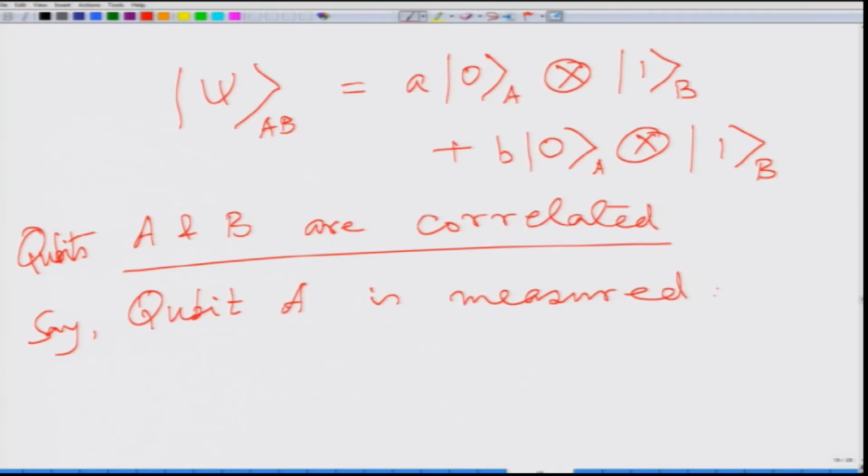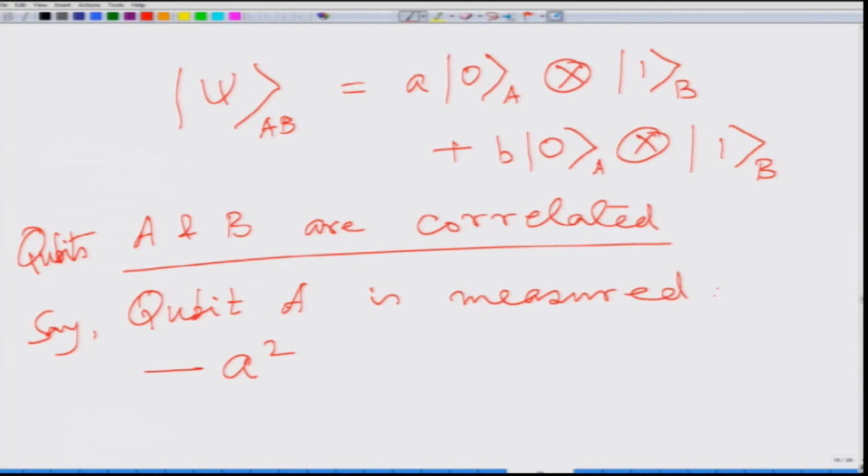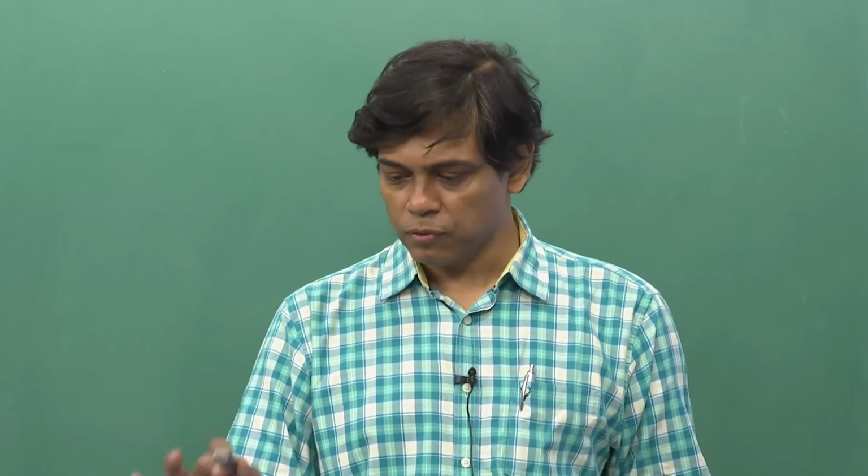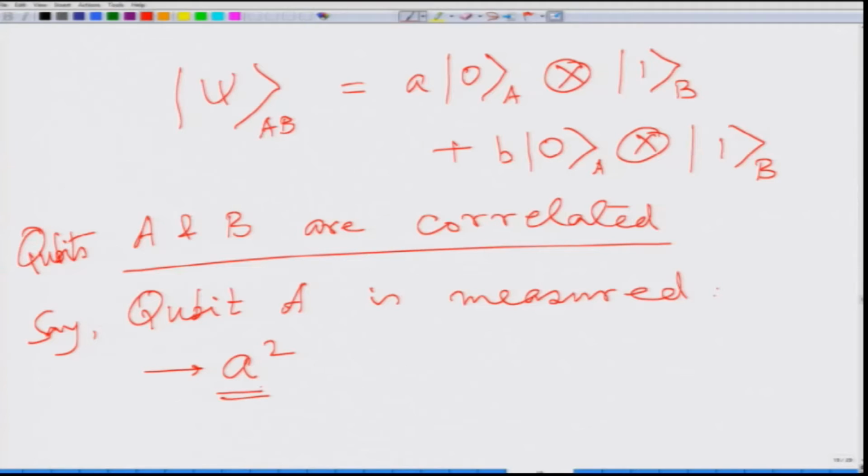You are going to create a projection along the A direction, which means that you are going to have the other side where I am going to use the A part to come in, right. When I do that, what will happen? The probability will be based on what my A squared will be, right. So, if I am only interested in the probability related to A squared, then I will be getting anything to do with the measurement of qubit A, because that is all I have in terms of